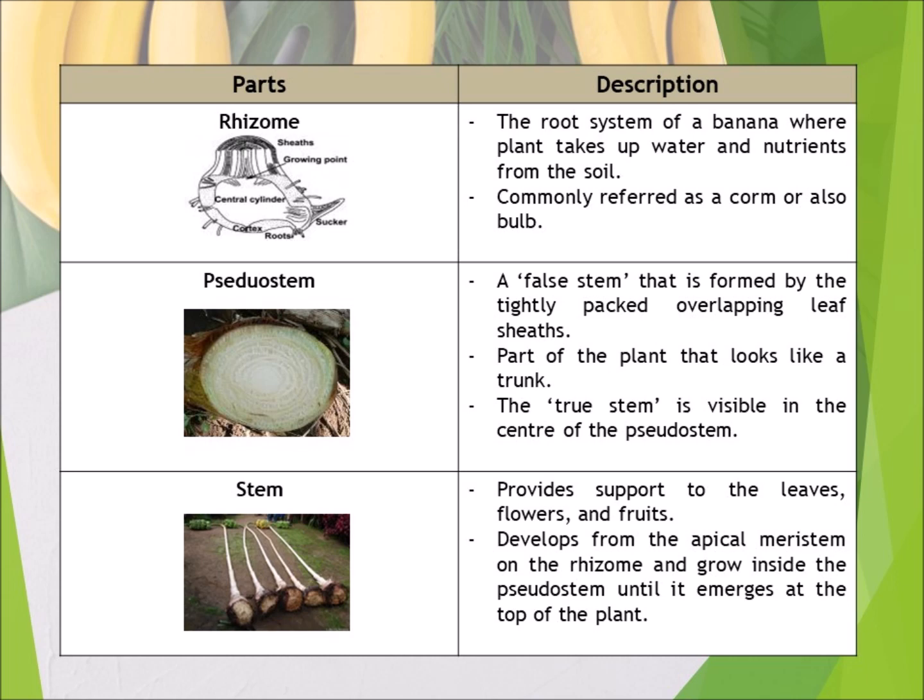Next is the pseudostem. It is the part of the plant that looks like a trunk that is known as the forestem, which is formed by the tightly packed overlapping leaf sheath. However, the true stem is visible in the center of the pseudostem. Moving on, the part of the plant that provides support to the leaves, flower, and fruits is called the stem. It develops from the apical meristem on the rhizome and grows inside the pseudostem until it emerges at the top